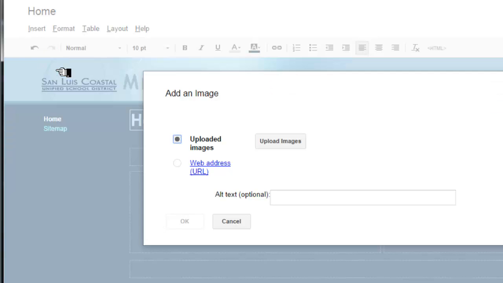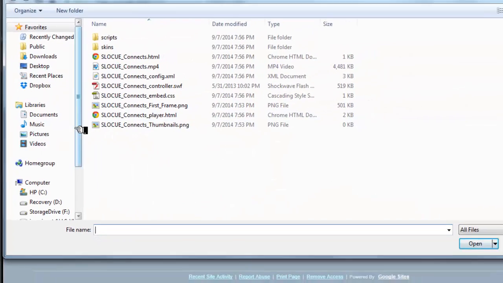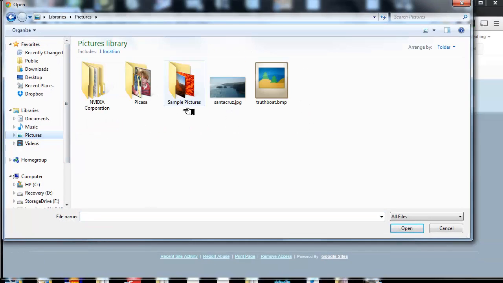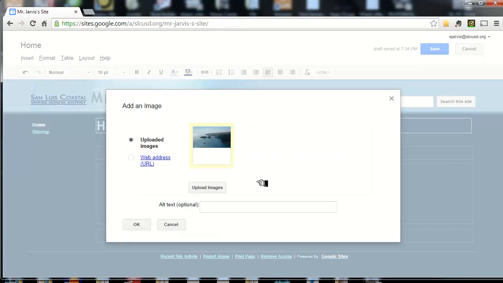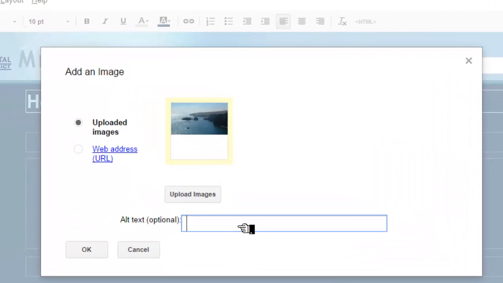I'm going to add an image. I'll upload an image. And I'll just quickly find a picture of something here. Here's one of Santa Cruz Island. I'm going kind of quickly, so just navigate on your own, drive or wherever you're at. Save it to your computer and upload it here. In the Santa Cruz Island